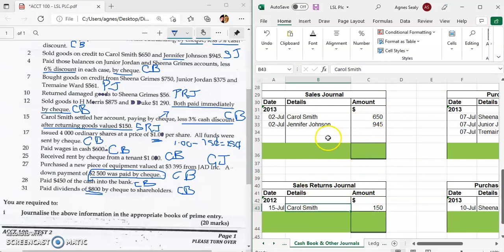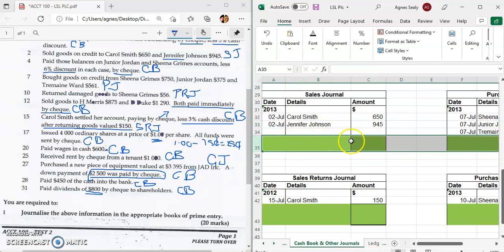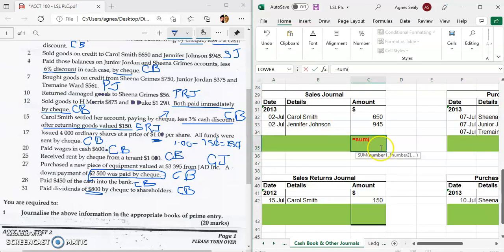So now we come to our journals. We are going to total our journals. So that's what you do with your journals. You total your journals. So here, we are going to total our journals. So the total for our sales journal is $1,595. And then what we will write here is total credit sales